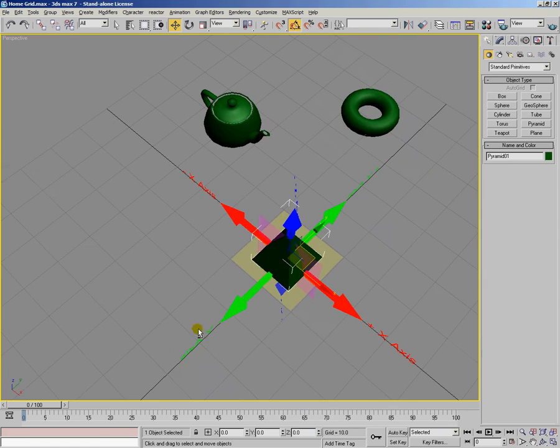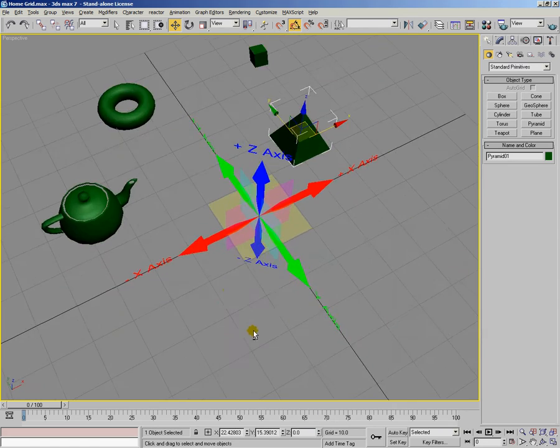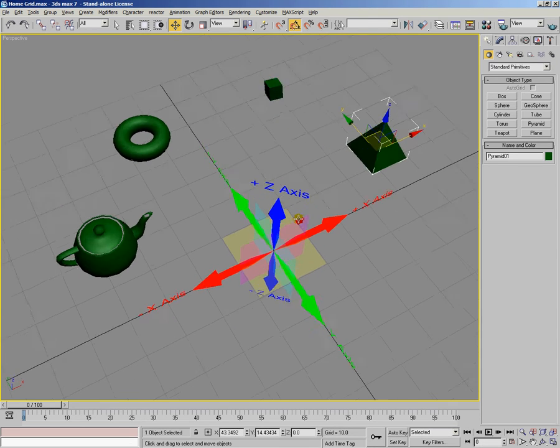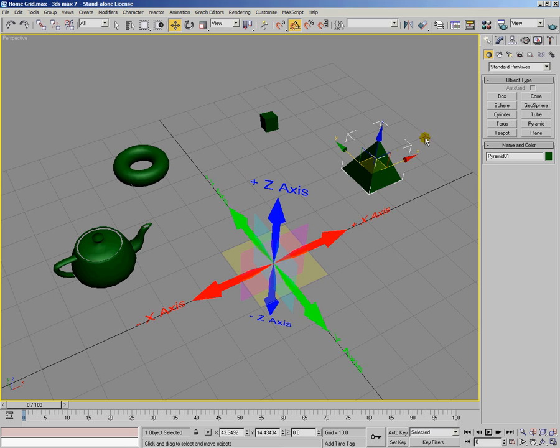I think you've got the idea how you can actually get an object back to its default position, scale, rotation, and so on. And also, if you want to snap it to the center of the world, you can just set these values to 0, 0, 0, as long, of course, as that object is still a child of the world. Earlier, this torus became a child of the cube, which meant that zeroing things here wasn't necessarily going to get it back to the center of the world. So it's important that, obviously, before you try doing this technique, you make sure that the object is a child of the world